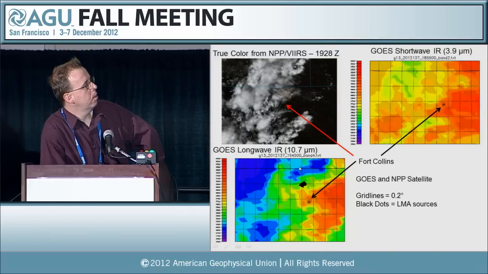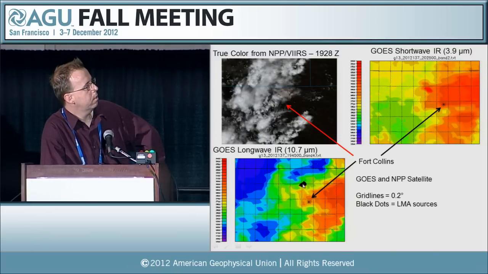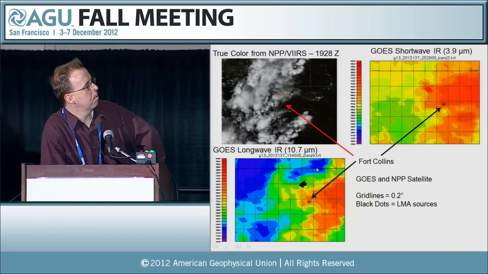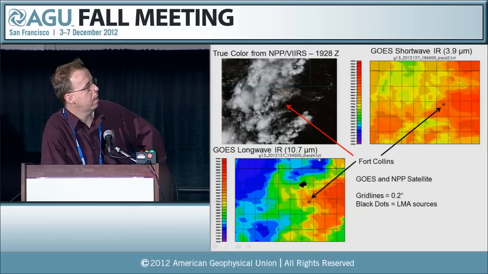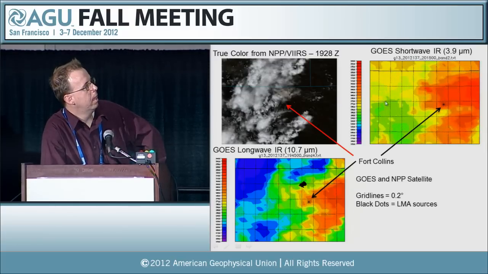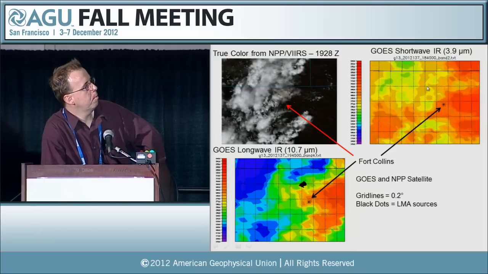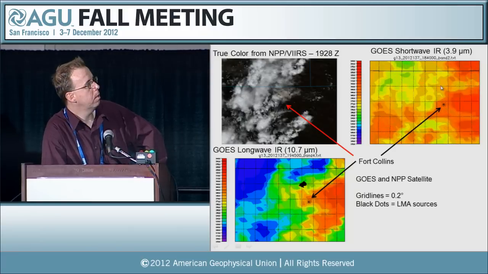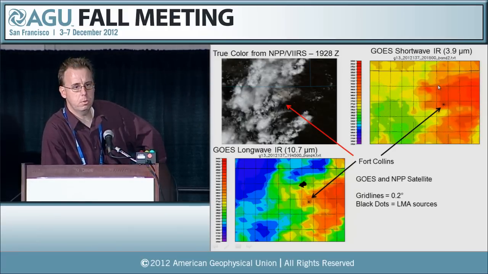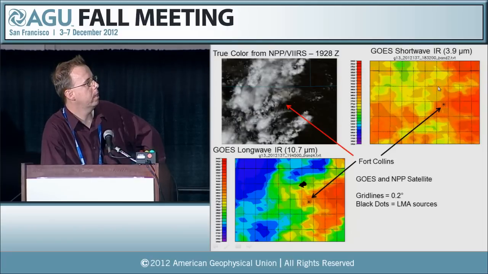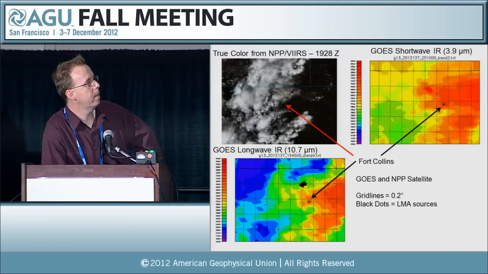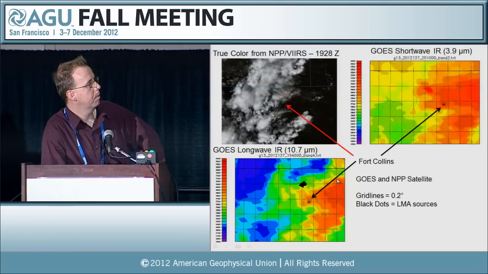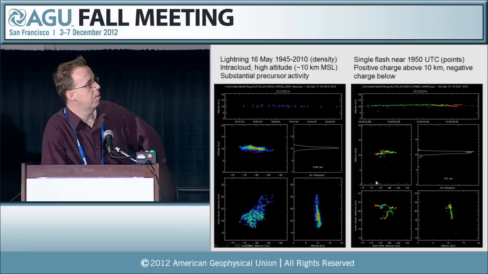And then we've got short wave and long wave IR. If you look at where the lightning is occurring, it's in the long wave. It's sort of out of the deepest cold cloud area. And what's interesting is if you see a development of a hot spot here, boom, and that's when the lightning occurs. So these hot spots are visible to GOES shortwave IR, and they're used to locate fires. So you get that hot spot show up, the lightning occurs, and so that's kind of an interesting result.